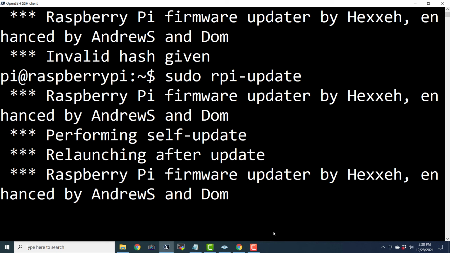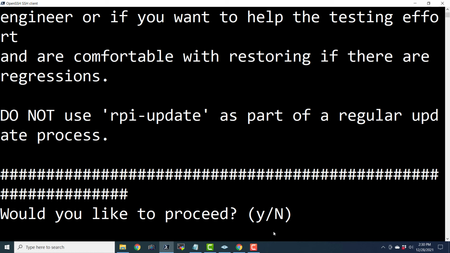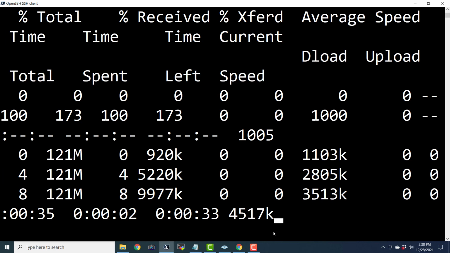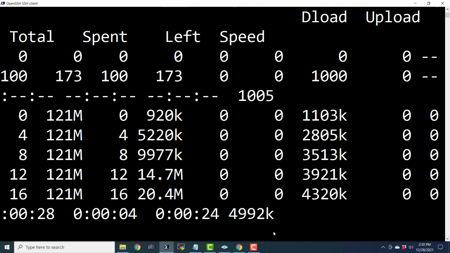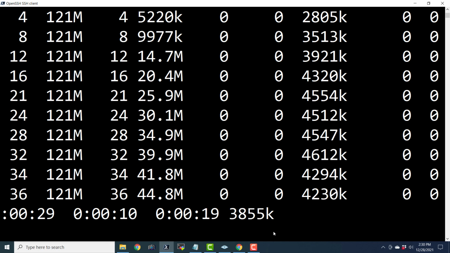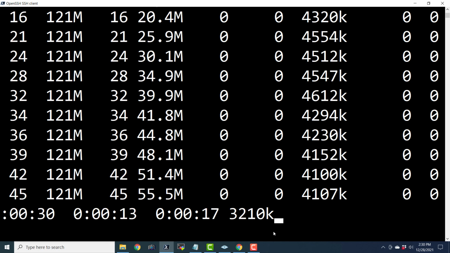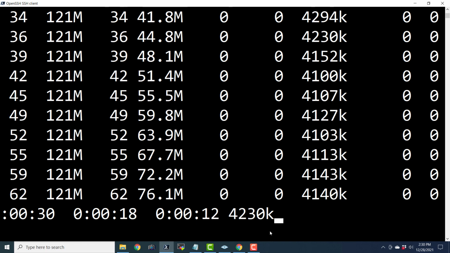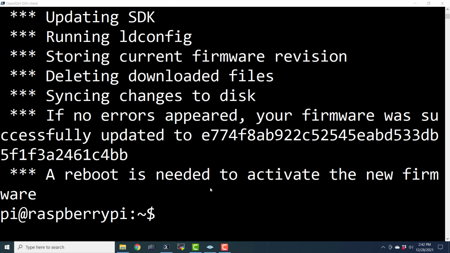So as I told you already, this command is very specific to Raspberry Pi operating system installed on Raspberry Pi computer. So it is going to take a few minutes again for this upgrade of the firmware. So we will have to wait till that time. So I'm going to pause the recording and I'm going to resume from the point where it finished the upgrade of the firmware. So the update of the firmware is completed successfully with the command sudo rpi-update.